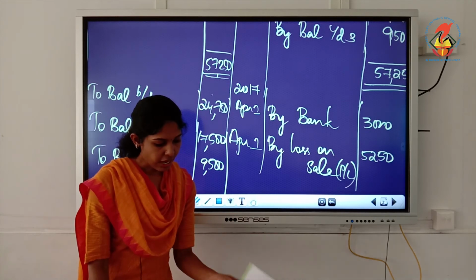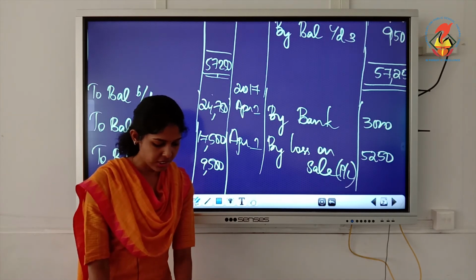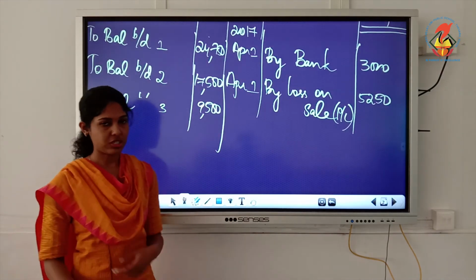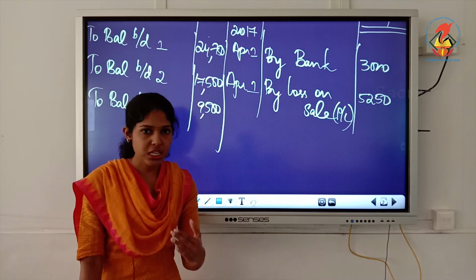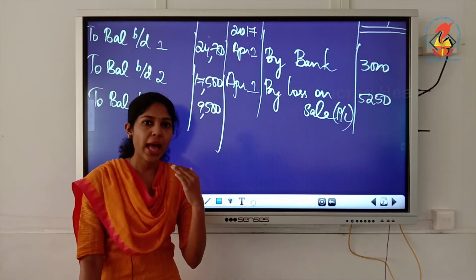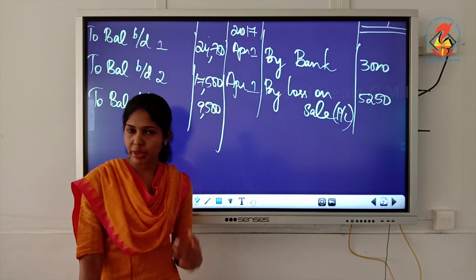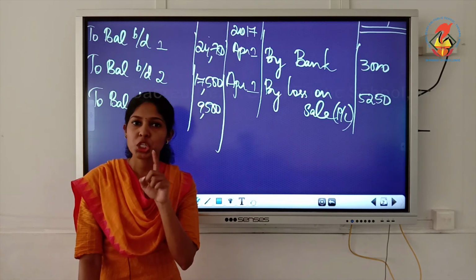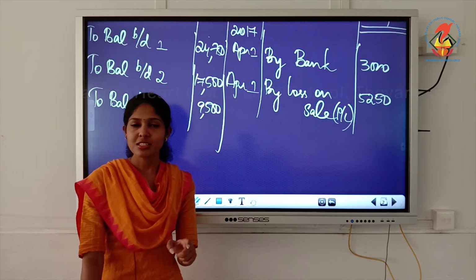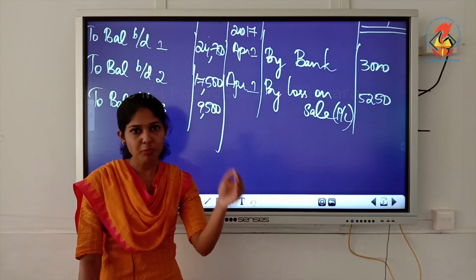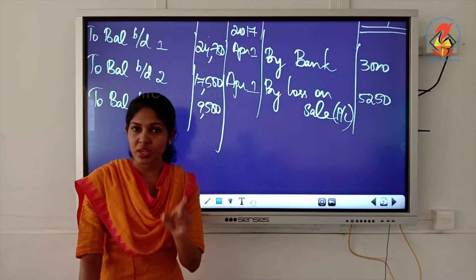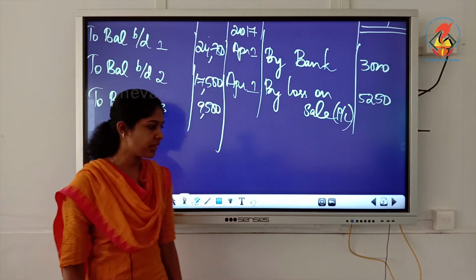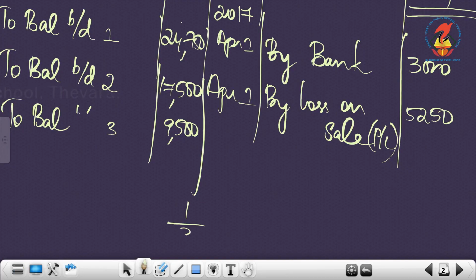Then we have to charge depreciation after this. So on which machinery will we compute depreciation first? Is it on machinery 2 and 3? Yes, we have to do on 2 and 3, but before that we have to write by depreciation 1. Is it correct? Should we charge depreciation on machinery 1? Yes, because we haven't sold it fully. Only 1/3 we have sold. What is the balance? 1 by 3 we sold.